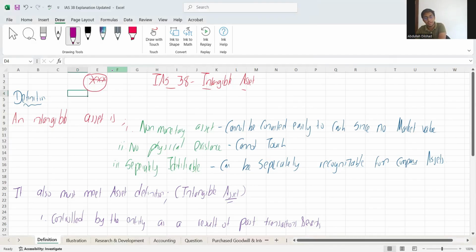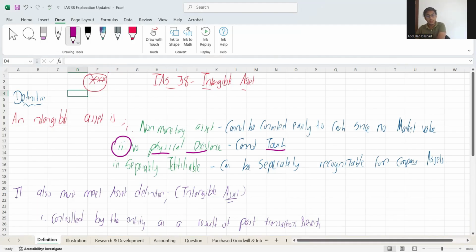In terms of its definition, number one is intangible assets. Intangible assets do not have any physical existence. What I mean by no physical existence is you cannot touch it, neither can you feel it. Say for an example, this is a calculator, which is a physical product. Can you see? I can touch it, I can feel it. But in terms of intangible asset, I cannot touch, neither feel.